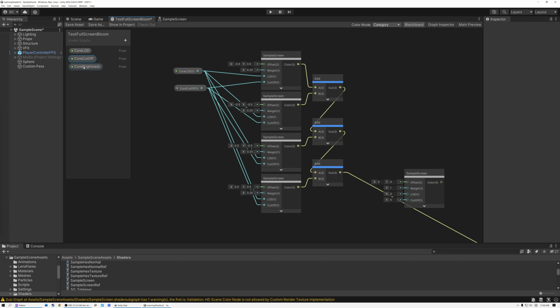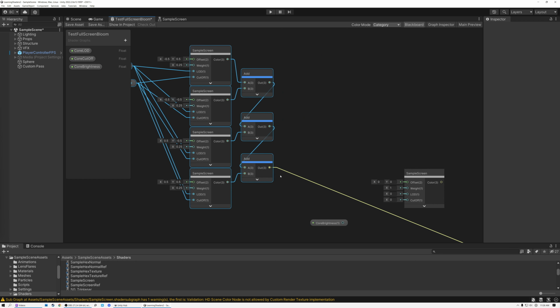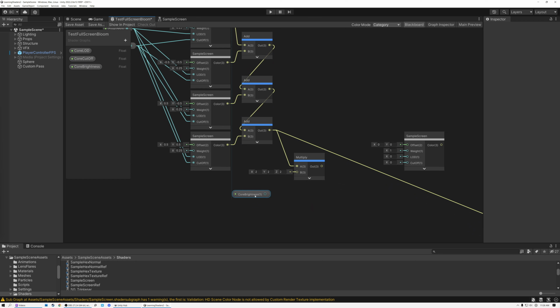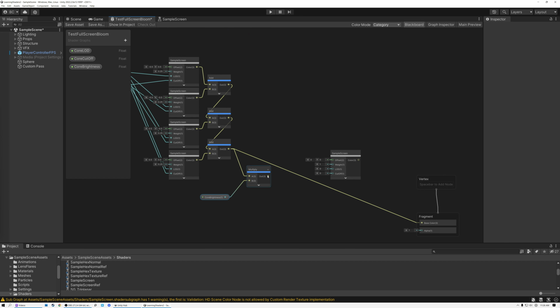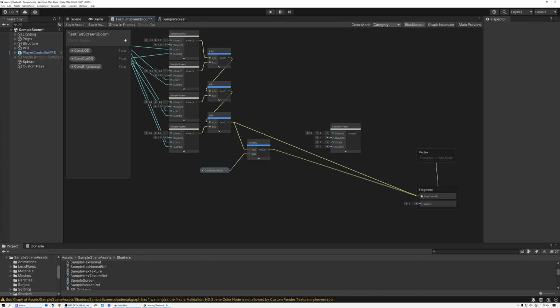And then for the core brightness value, I'm just going to bring it over here and tack it on at the end. We're just going to multiply our result by this core brightness value. And then if we plug this into our output shader,